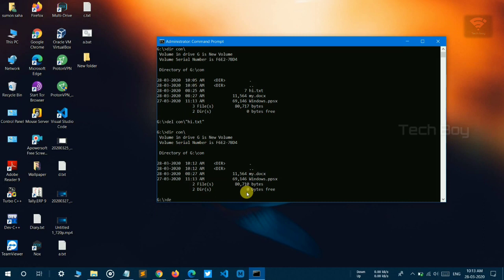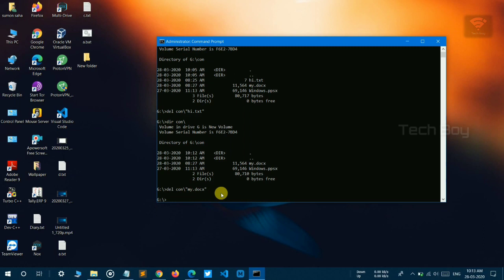So let me delete the rest of the files. Del con, slash, open this symbol, right? My docx, hit enter. No error message means it is successfully gone. Del, now the next file, which is windows.ppsx,